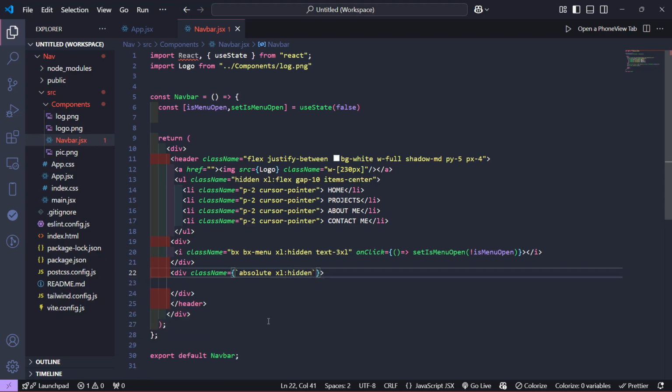So you want it to appear only on small devices. And I've told you that Tailwind CSS is mobile first. So whatever style that you are doing, it's for the mobile screen size. So afterwards, you can decide to extend it to a large screen. So now let's look at the position. Now the absolute means that now we have